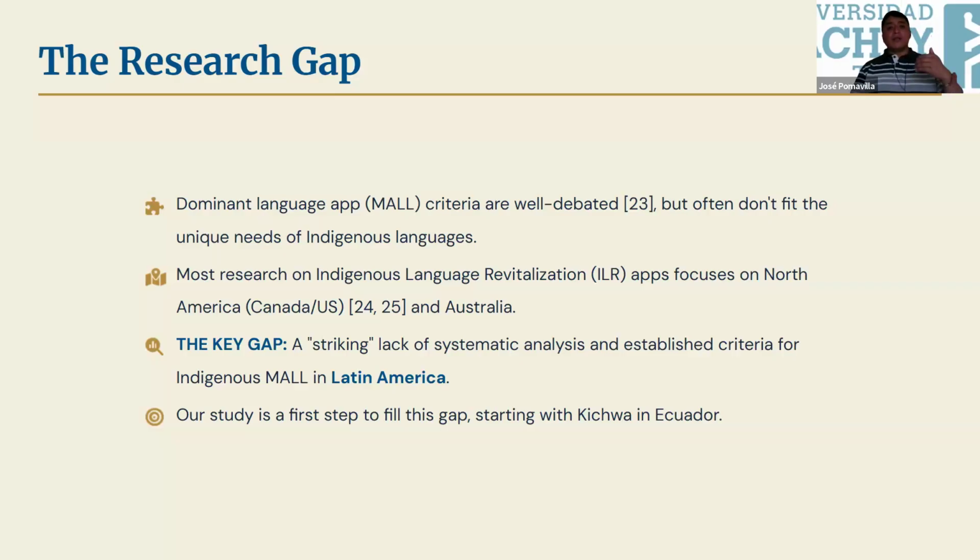And even though there is some research about this, most of it focuses on North America, like Canada, USA, and Australia, because in Australia as well, they are working really hard to preserve the indigenous languages. So they are also including that when they create mobile applications to learn an indigenous language. However, we don't find that here in Latin America,